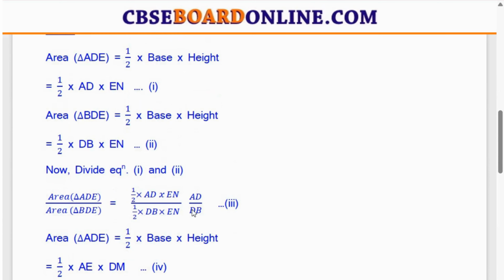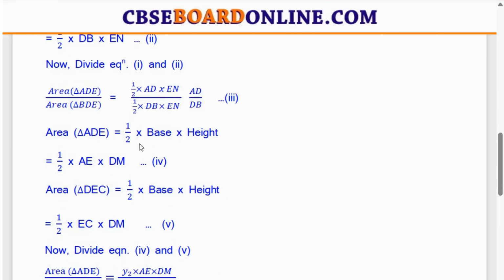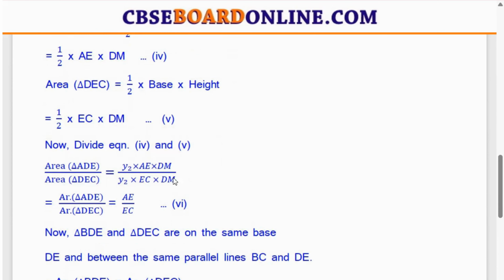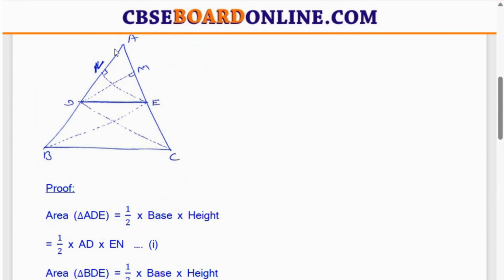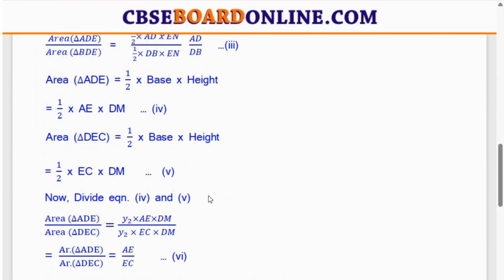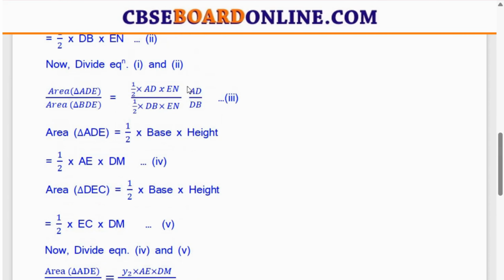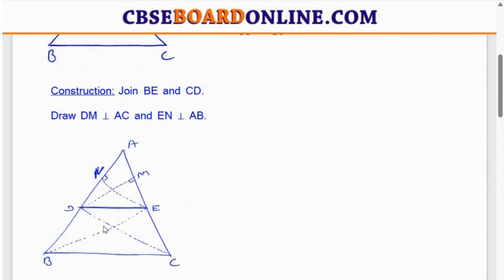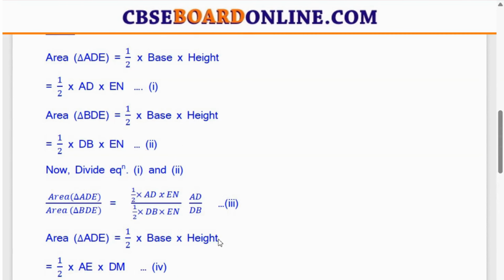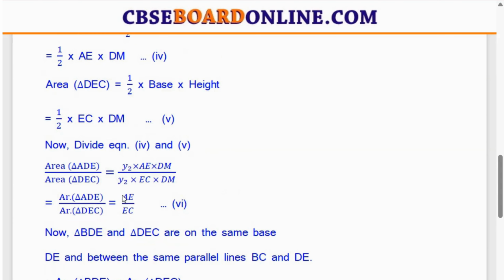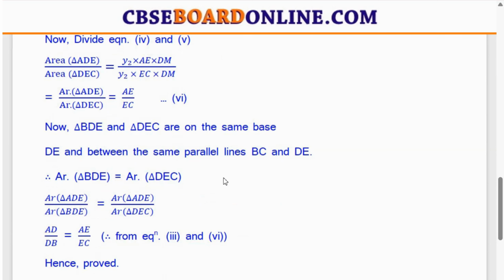व्हाट वी हैव लेफ्ट आउट विथ, वी हैव ए डी एंड डी बी। सिमिलरली हमने सेकेंड साइड भी किया था, तो यहाँ पे डी एम गॉट कैंसल्ड आउट, तो हमारे सेकेंड इक्वेशन में ए ई अपॉन ई सी आ गया, ठीक है। और यहाँ पे ए डी एंड डी बी आ गया, ठीक है। तो ए डी अपॉन डी बी एंड ए ई अपॉन ई सी।